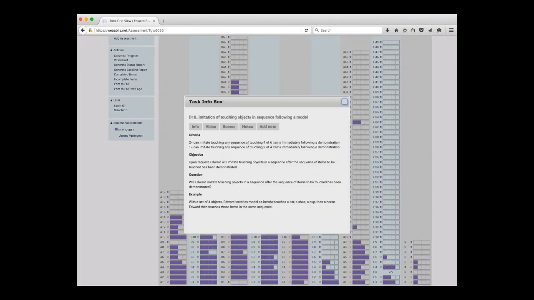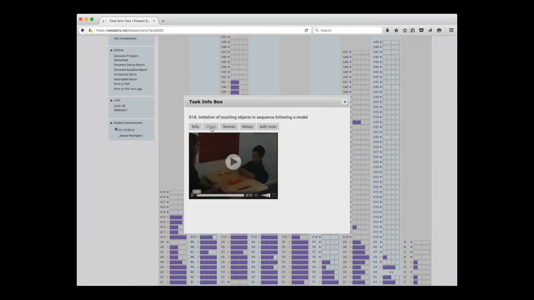And again, as Kathy pointed out, if I click on that, it's hyperlinked to the task info box, and I can see the notes. I can add notes to it. I can see the scores that were previously put in there. I can show a video. And again, I use this a lot to show parents and teachers what the skill is supposed to look like. I can go into a classroom and do an instruction for all the instructional assistants on how to develop an imitation repertoire, just by showing them all the videos of what a typically developing child is able to do, so that they can learn what they're supposed to be teaching their students.